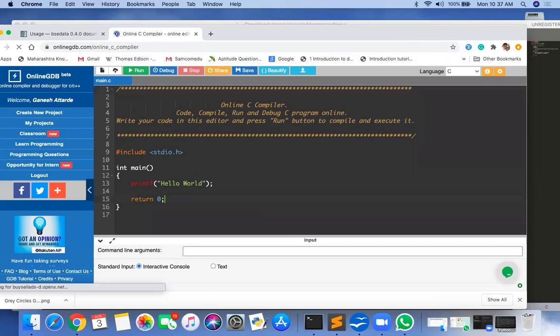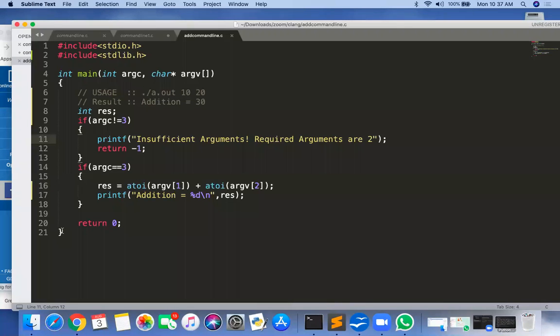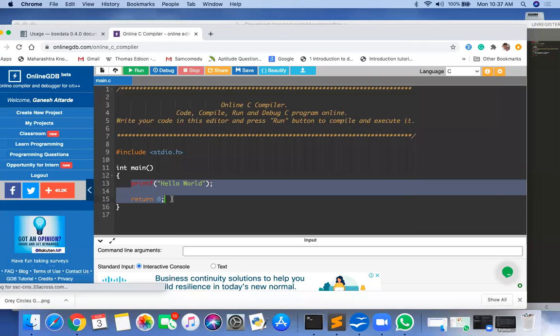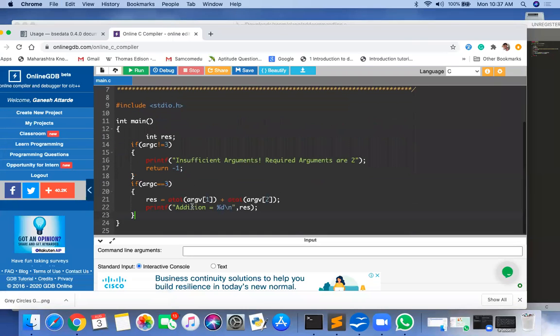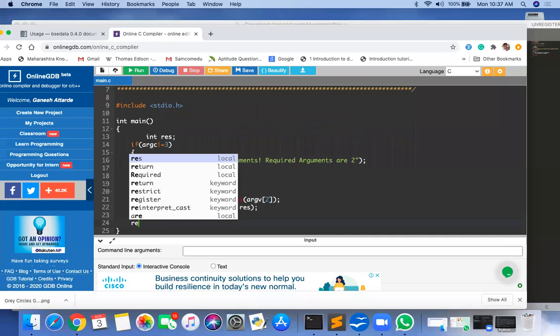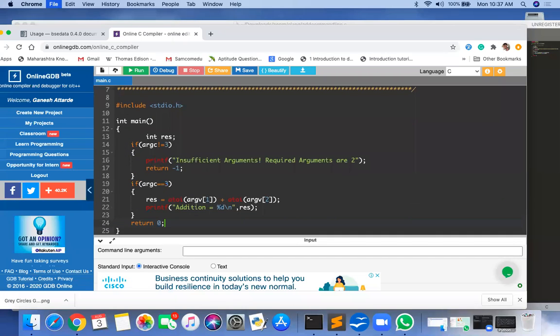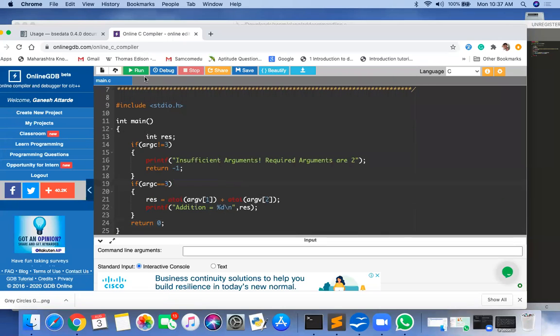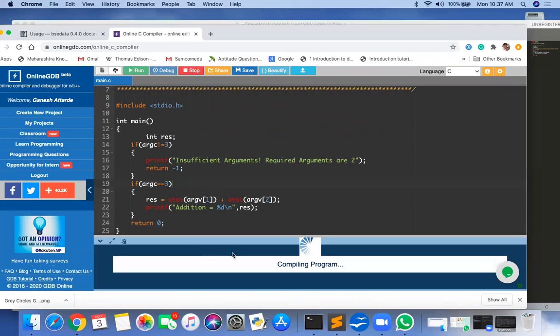Okay, the same program I will do in the online compiler. Copy, paste. If I directly run this program, it will give the output.